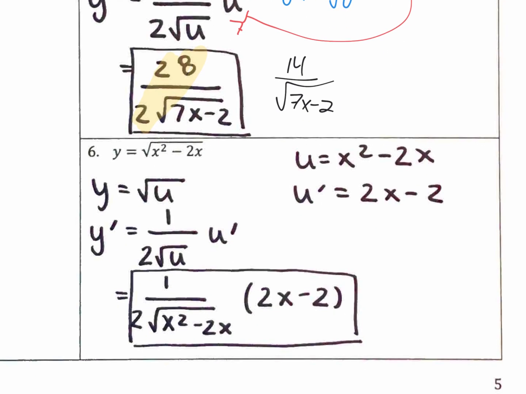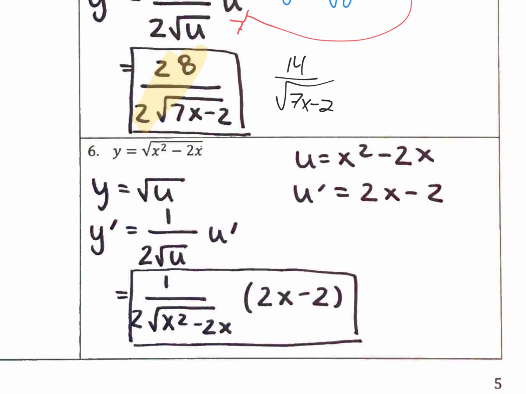All right, number 6, find the variable for your inner function. That's going to be the u value. You can find the derivative very quickly using power rule. Anytime we have a radical, it will be in your best interest to think of that as an exponent of 1/2, which then means our derivative